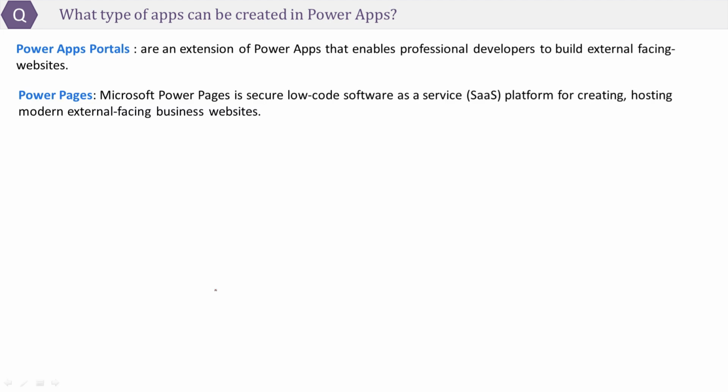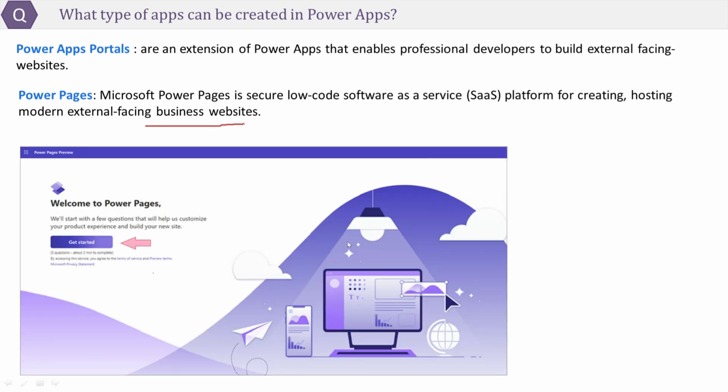Next is Power Pages. Microsoft Power Pages is a secure, low-code, software as a service platform for creating external-facing business websites. Whether you are a low-code maker or a professional developer, with the help of Power Pages, you can rapidly design, configure, and publish websites.